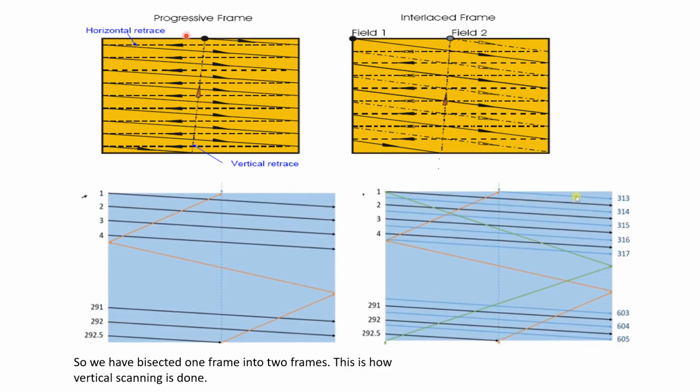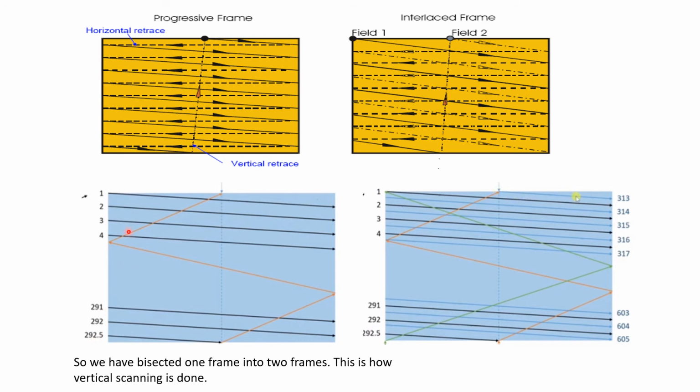In the progressive frame, we scan the line as we read the text, one by one. But in the case of an interlaced frame, you can see that the whole of the lines is divided into two fields, so one frame itself has two fields. If you are considering a standard 625 line system, when we divide it by 2, we get 312.5. Of this 312.5, there will be 292.5 active lines and the other 20 lines are used for vertical retrace.